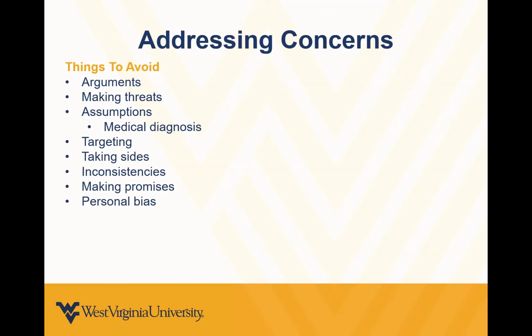Making threats. When you are speaking with someone, don't make threats about further actions. Avoid saying things like, if this happens again, UPD will arrest you, or you're going to get kicked out of the residence hall because you did this. Threats can be perceived as a desperate move, and if it's not backed up, the staff member loses credibility. As discussed previously, when talking about issues, you need to educate the resident about the topic and review potential next steps and consequences.